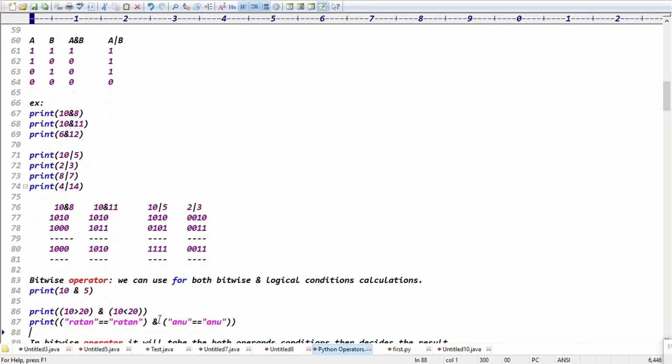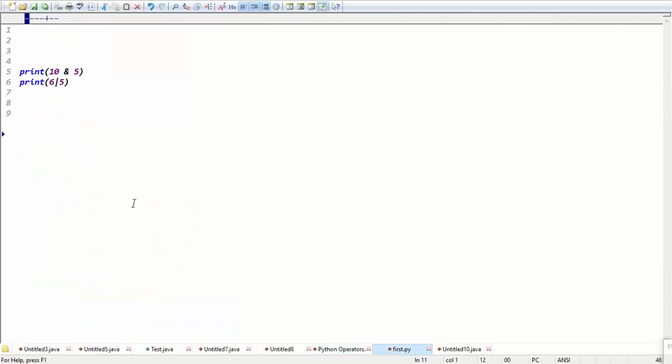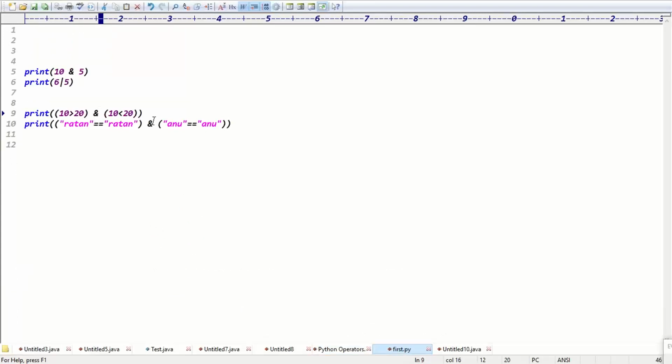Yeah, next one is like you can go for the C, guys. Here I can use AND operation. Here I can go for the OR also. Okay, we can also do some examples with strings, guys. Tell me, guys. In the first case, I'm using AND operation. So 10 greater than 20 AND 10 less than 20. Tell me, guys, does this return true or false? First case, what does it return, guys?